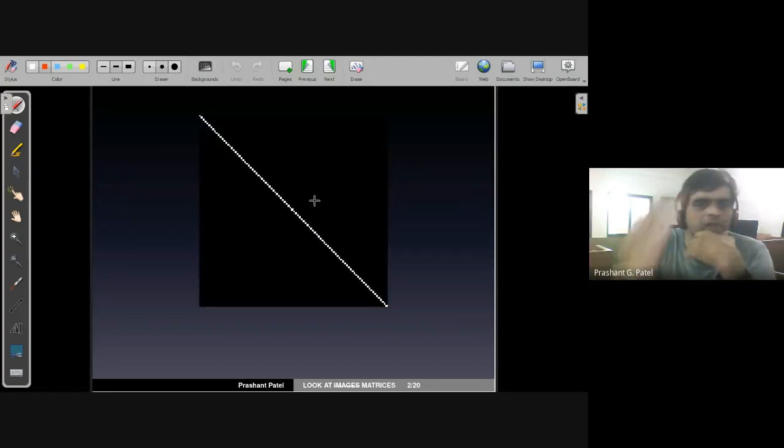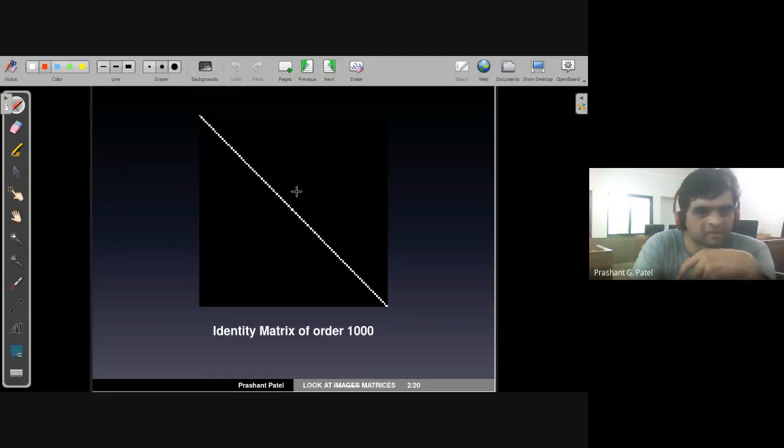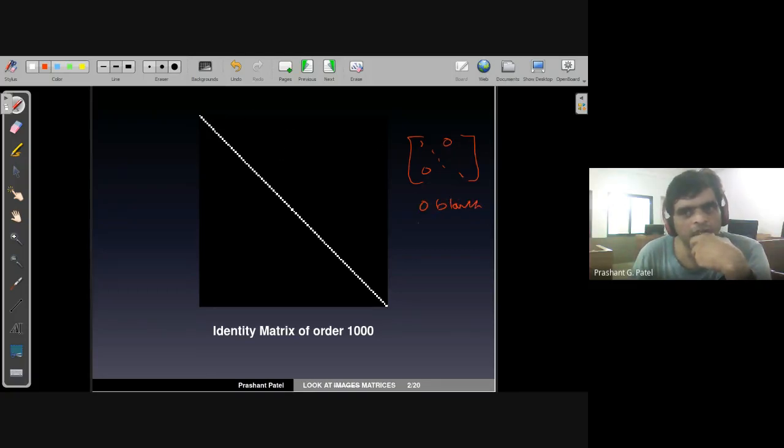So here what we have seen is some dotted things. It is actually one image, but it is not an image, it is a matrix, and it is the identity matrix. So what does the identity matrix represent? We know that diagonally it is 1 1 1, and the rest of the entries are 0. So here a 0 means black color and 1 means white color. So that is a black and white image we have.